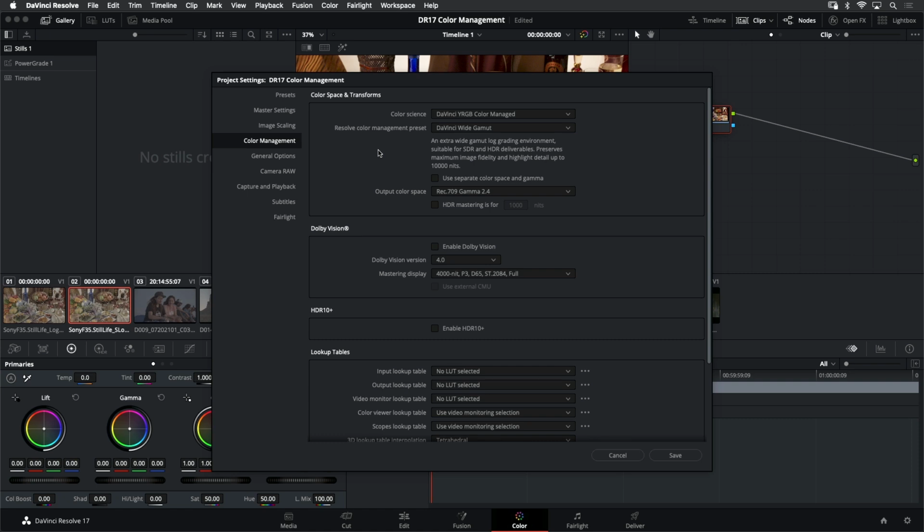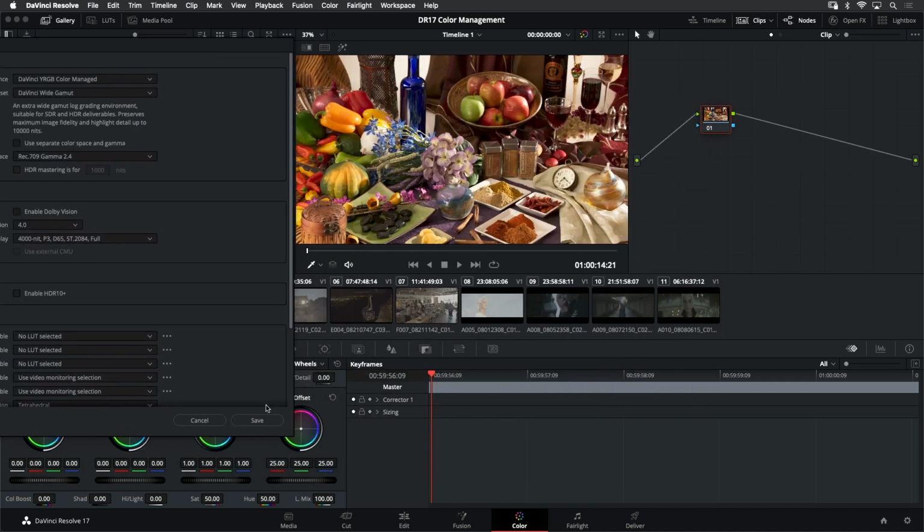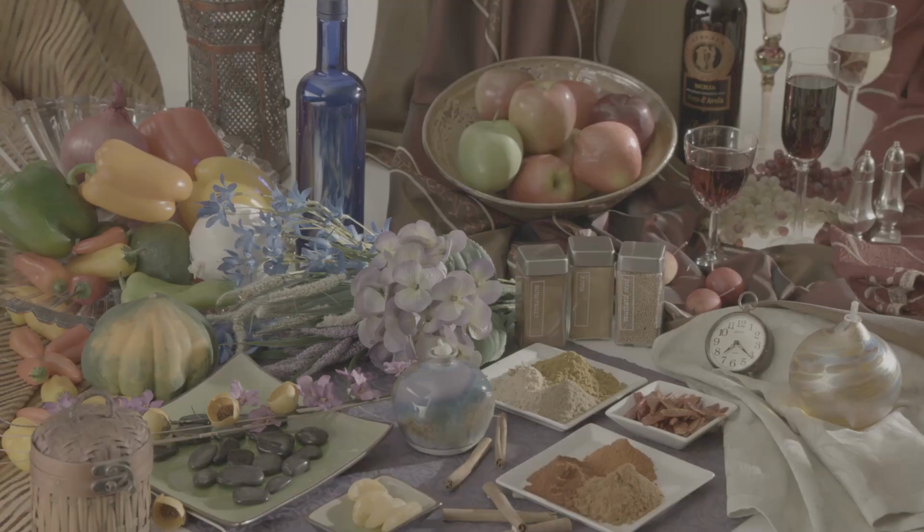these presets. However, I do still need to set up my output color space, which is currently set to Rec. 709 Gamma 2.4, and that's a good default when we are mastering for standard Rec. 709 SDR material. With these settings selected, let's once again save and observe how our image is going to change. Whoops, what happened? We're back to a flat, log, low contrast, low saturation image. What's going on? What's going on is we have yet to set up the input color space of the shots